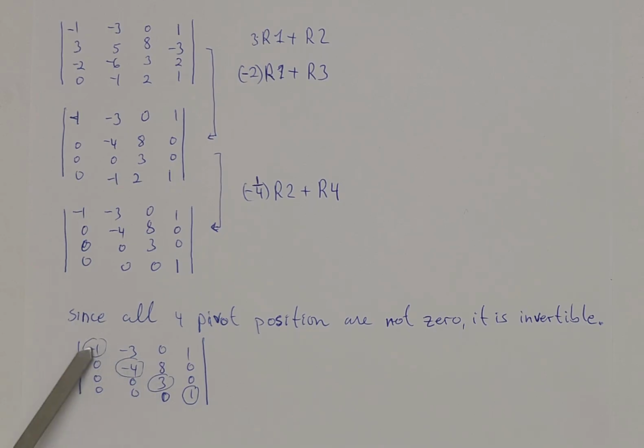If none of these are 0, then it is invertible. One more time, we just need to look at this, and this. None of these are 0, then it is invertible. So the original matrix is invertible. Okay,